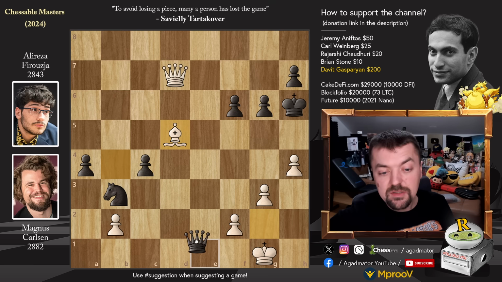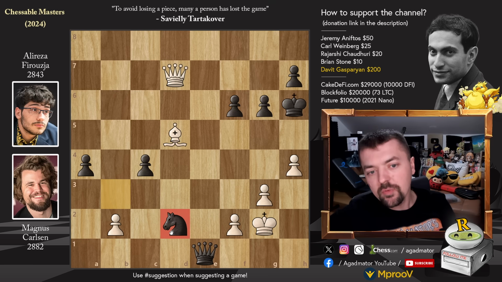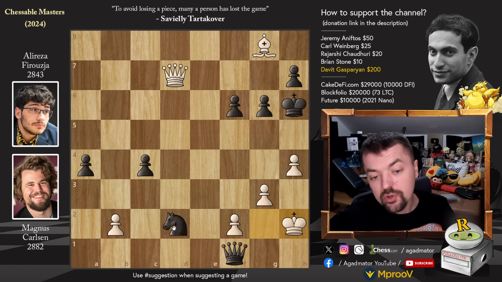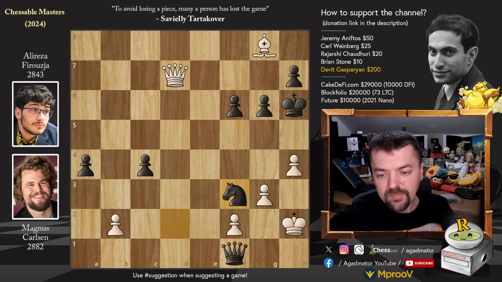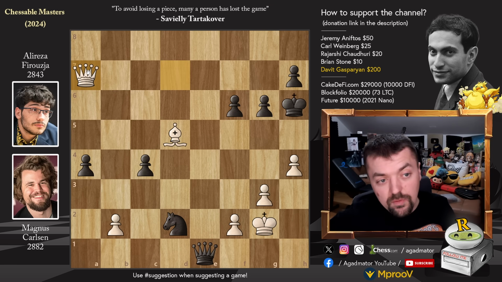But Alireza plays queen to e1 with check, and after king to g2, knight to d2. This knight to d2 move is the only way for him to play, but it is the one that stops the nasty idea of just getting checkmated, because if you go for it now, then it's just queen to f1 check, king h2, and knight to f3 checkmate. So Magnus has to figure out how to defend this, and he does with the only move, queen to a7,